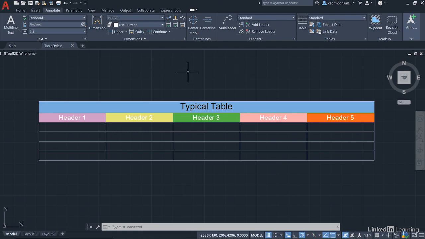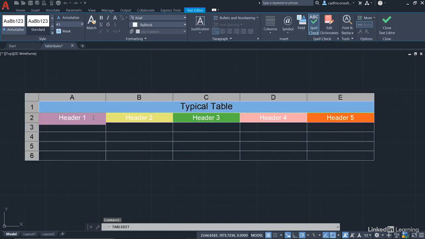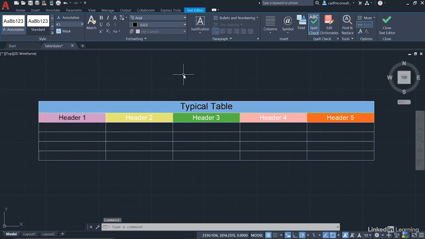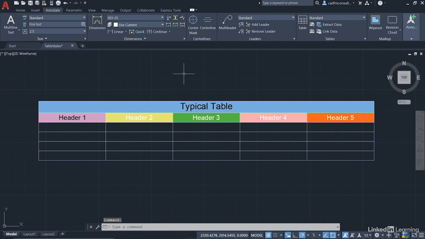So what I'm going to do here now is I'm going to double click in each of these, highlight the text, come across like so, and I'll change that to black as well, like that. And it's very quick and easy. As you can see, I'm changing that, and it's standing out a lot more in the table.